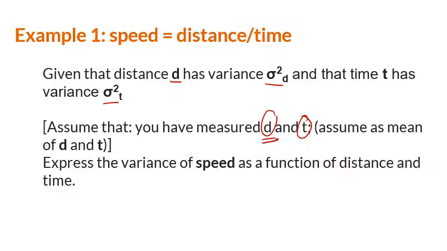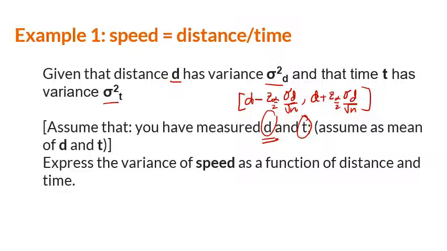If you know the variance, in which case you do, it is like earlier: D minus Z alpha over 2 sigma D over square root of n, where n is how many measurements you have, up to D plus Z alpha over 2 sigma D over square root of n. So you can construct your